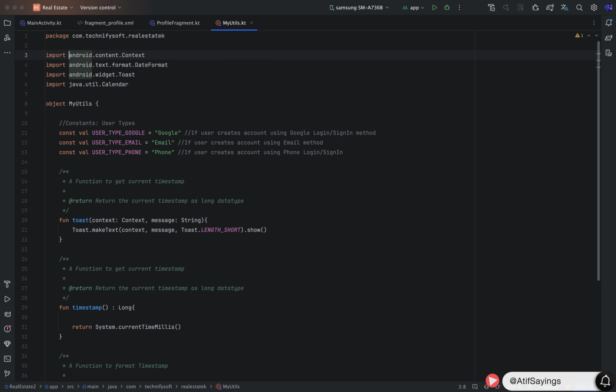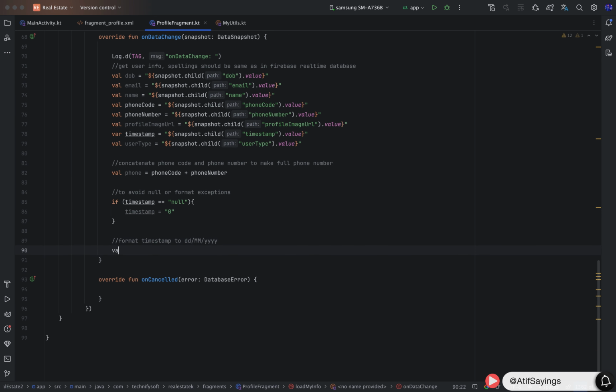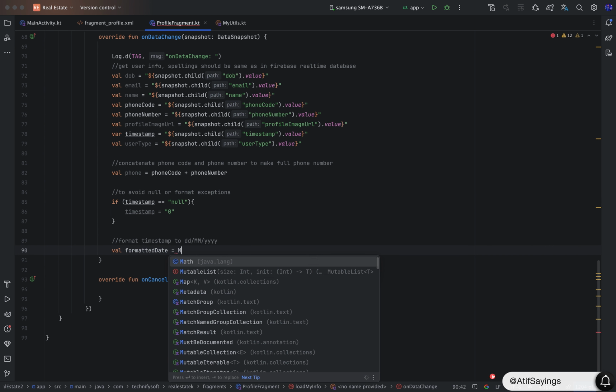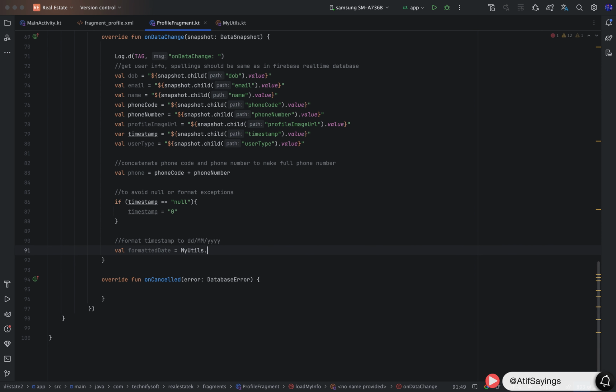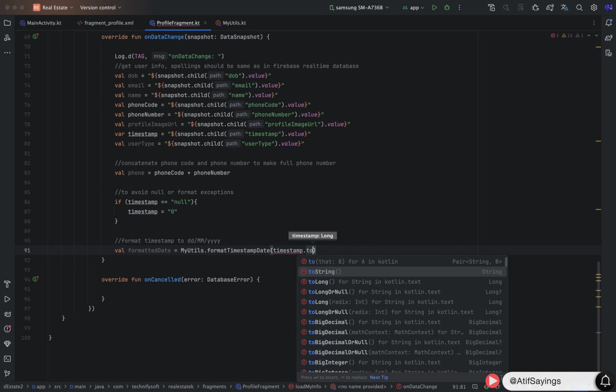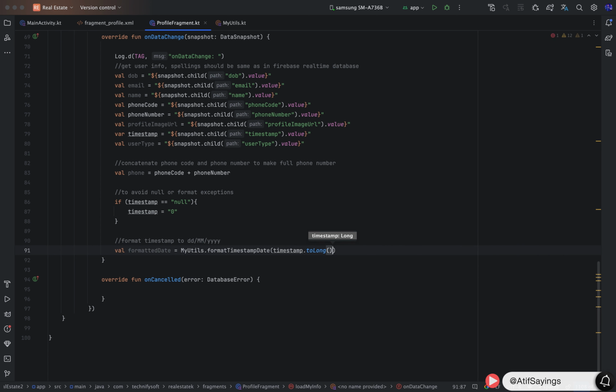And here one thing to notice is to import the correct library for the DateFormat class. Now open the ProfileFragment class and we will format the timestamp to a proper date format and store it in a new variable. val formattedDate equals MyUtils.formatTimestampDate, and we will pass our timestamp in this as a parameter, but our timestamp is in string format,